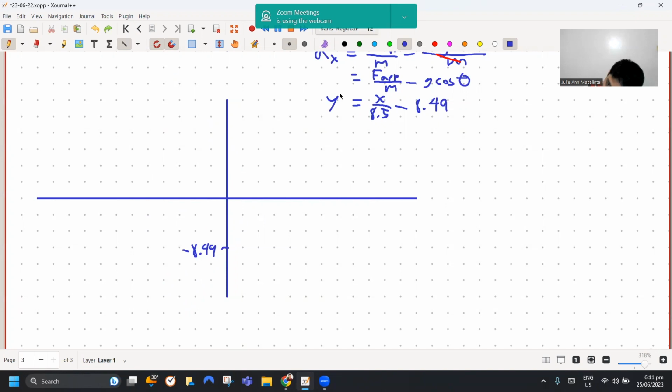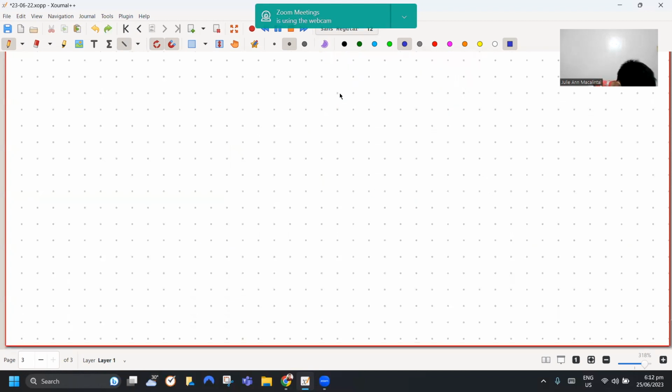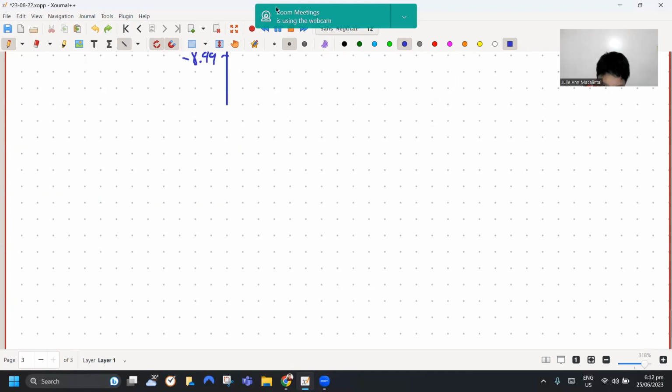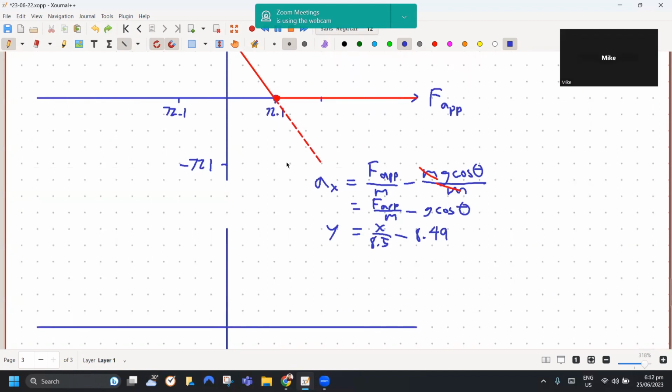Look at your equation. Substitute y equals 0 and then work it out. Balik tayo sa equation. Paki-display. So, when y equals 0,